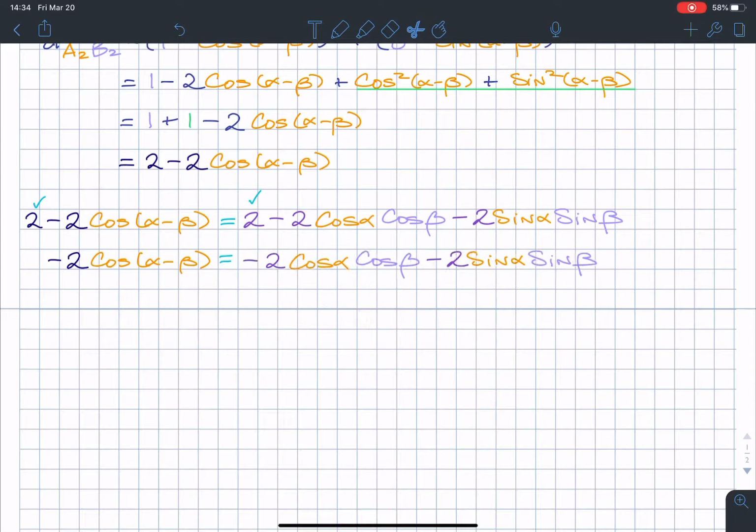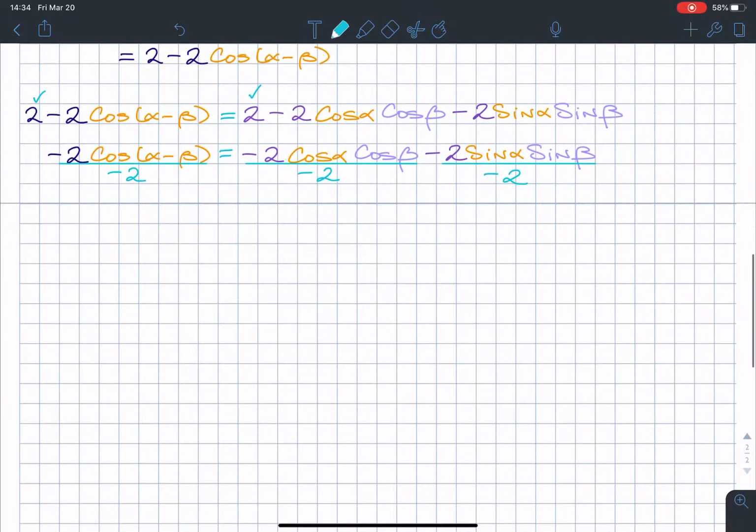And then what I can do is divide each term by the coefficient negative 2, and each term has a coefficient of negative 2. So what I get then, finally, once these negative 2's reduce in each term, I get that cosine of alpha minus beta is equal to